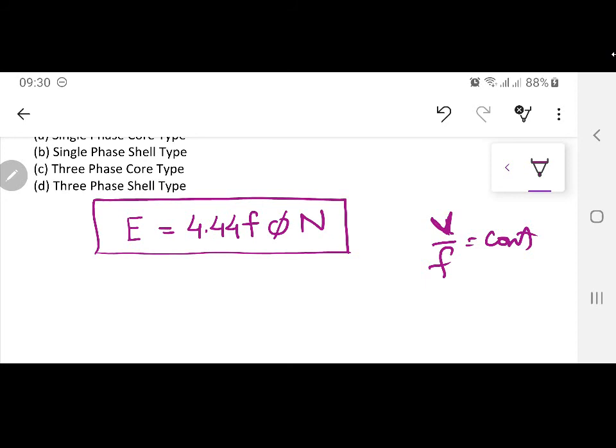For any electromechanical device, by electromechanical I mean a device which has flux, and by the usage of that flux that device is running, this is going to hold true, V over F. And if this V over F is not constant, supposedly it is on the decreasing side, what negative effect or what positive effect will it have on the machine? Generally speaking, I am not just taking the transformer into consideration, I am talking about the induction machine also. This question is asked in Chapter 7 of Chapman, induction motor, V over F, also as a short question.